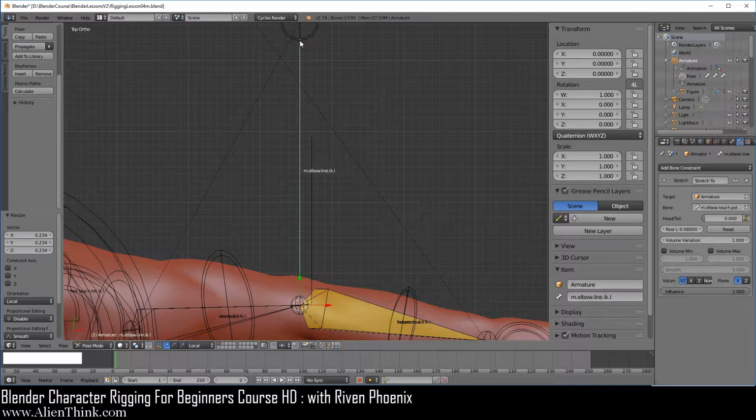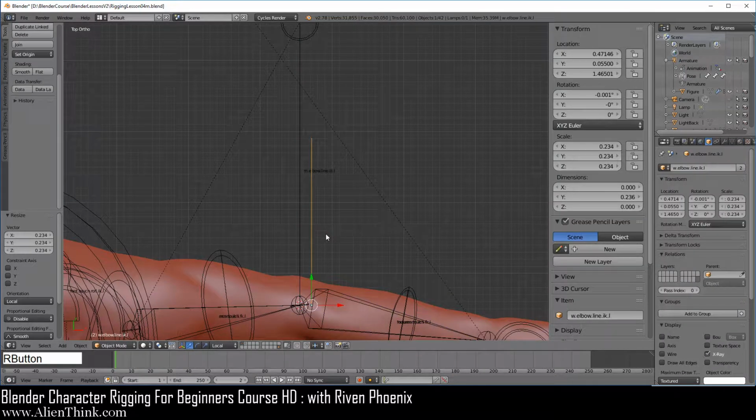So for me, it actually ended up over here, okay? Again, you can just test out depending on where you actually place this. You can place it a bit over here or close to it. It's up to you. So this is actually all set up and ready to go. So here I'm just going to click on this and press the S key to just scale the object itself a little bit just to match it over here.